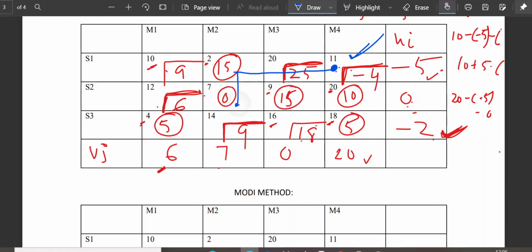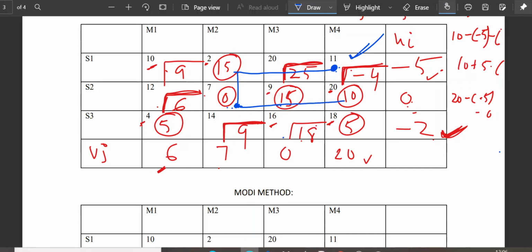Okay, at this 0, I can change my direction. Suppose I cannot go to this 5 because it is diagonal. I cannot do it like this. I have to move only over the basic cells, right? So now I can move to this 15. Yes, I can move, but I cannot change my direction at 15, because below 15 there is no basic cell and above 15 there is no basic cell. So I have to proceed further.